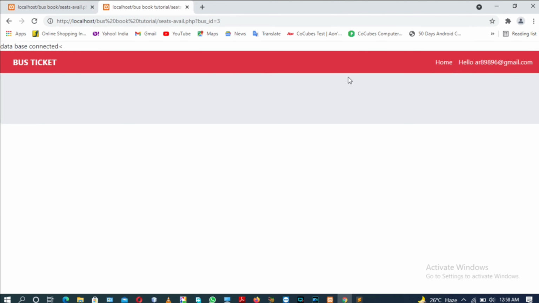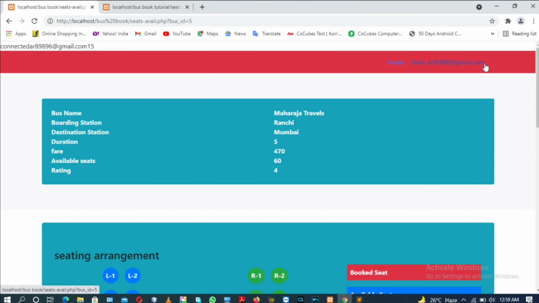One more problem is there, we have to move it left from the right. You can see we need to provide some margin. There should be some gap here. As you can see in our sample project, there is a gap here in the corner.